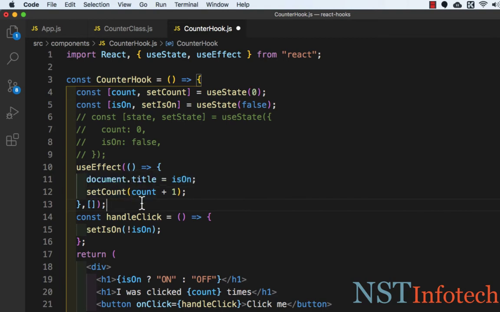So how it works basically, it looks at the content of the array and compares it with the previous array, and if any of the values specified in the array changes compared to the previous value of the array, then it executes this effect function. If none of them changes, then it won't execute. So in the array, we want to put isOn,